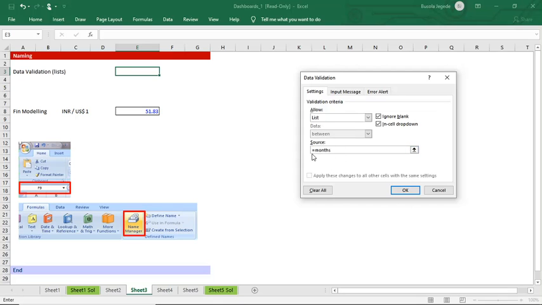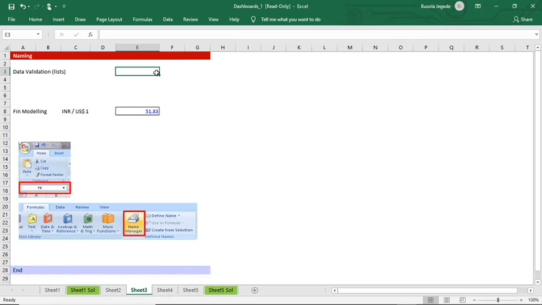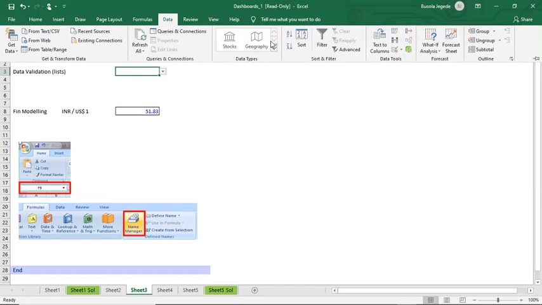Okay, and this equals to sign is very important because without it, let me remove the equals to sign and let me show you what happens. Without this equals to sign, the drop down list I have is just months, right? So what I want to do is let me put it in the proper way now. I'm on the cell, going back to data validation,